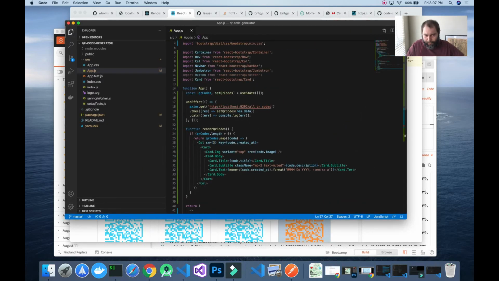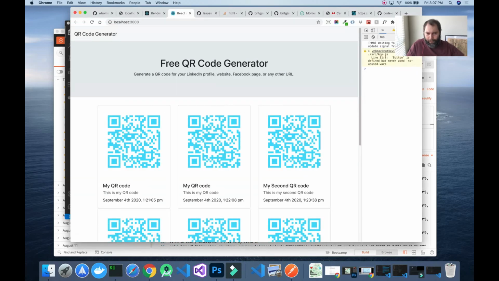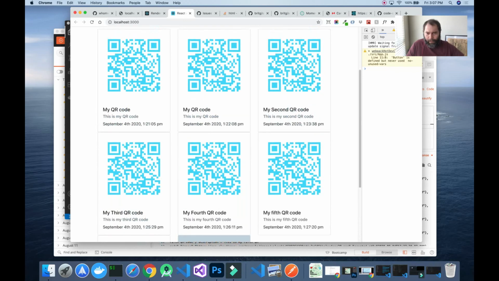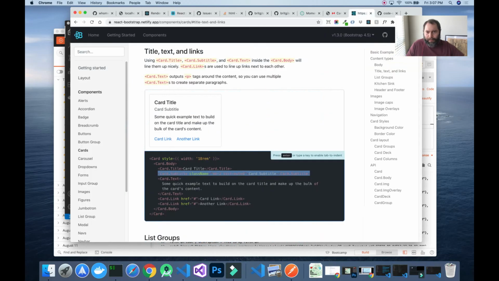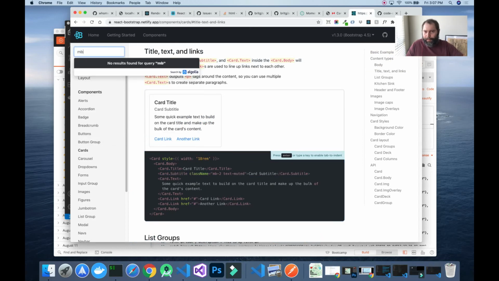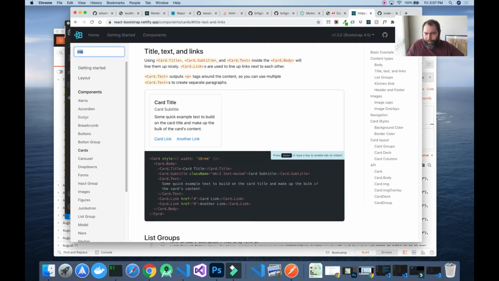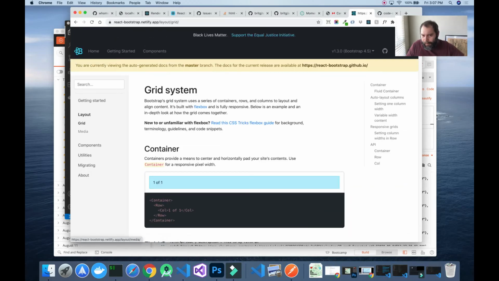So instead of 3, maybe we have a 3 in a row. Okay, and how does the margin bottom work? Let's see. Can we add a class name? So layout, grid,